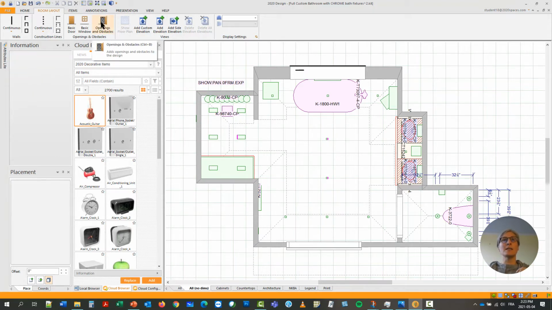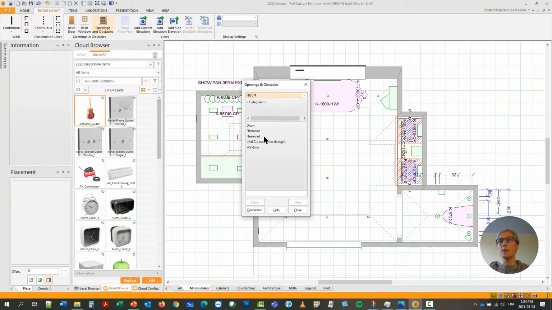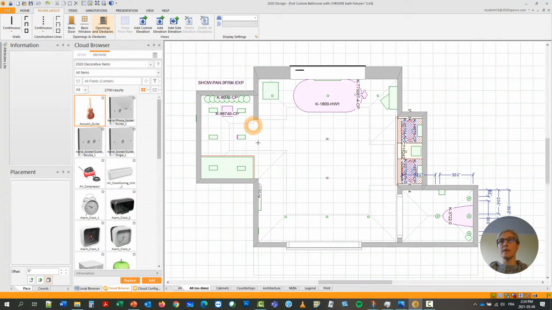Let me go inside Room Layout, Opening and Obstacles, and double click on Wall Cutout Pass-Through. Once I double click, I have a few choices I can pick up. The most popular is the rectangular cutout. I will double click on it. Now my cursor is loaded with one cutout. I will bring it inside the placement zone. I will left click,